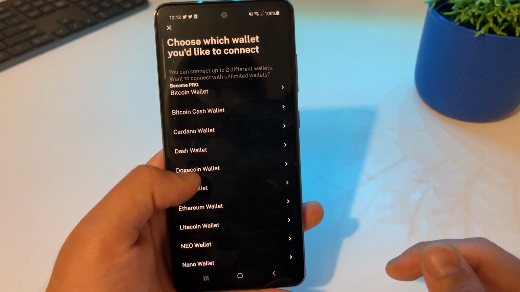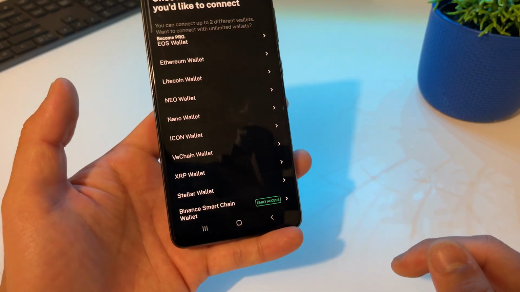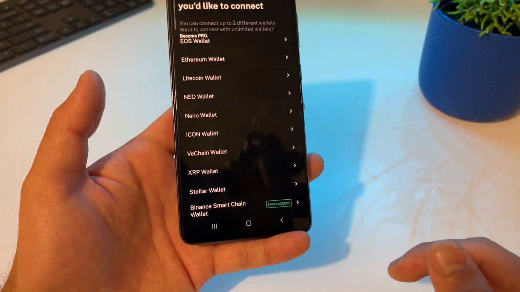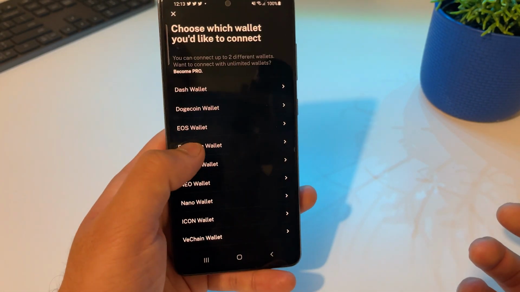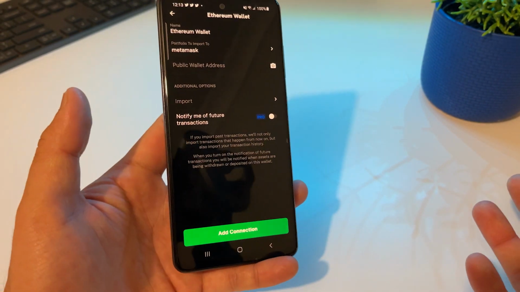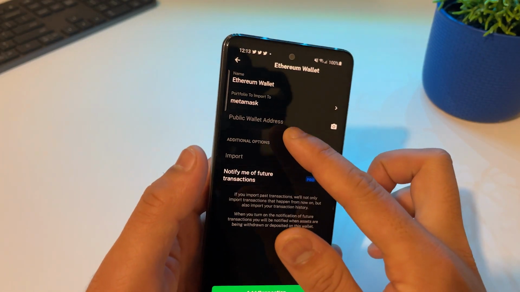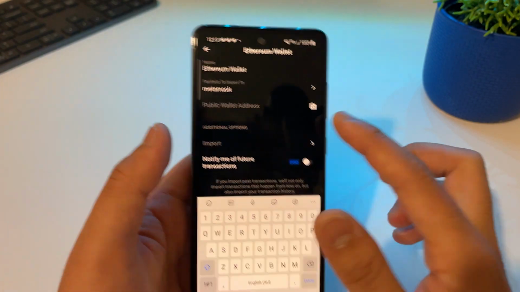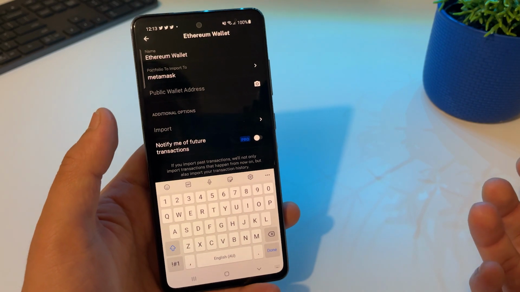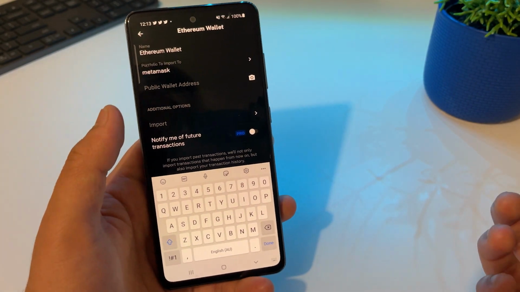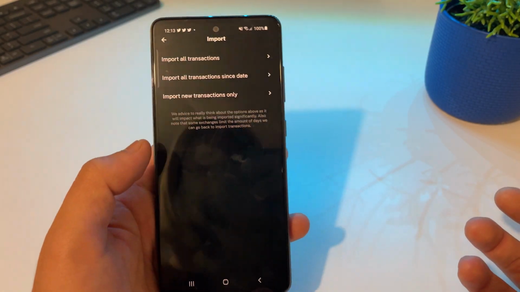There's Cardano wallet, there's Dash wallet, Dogecoin wallet, EOS wallet, Litecoin wallet, XRP wallet, even a VeChain wallet. Okay, so MetaMask is your Ethereum wallet. So what you're going to do is tap on Ethereum wallet. Now if you have any other wallets, you can select any other wallets. The public wallet address is the address you have on your MetaMask. You can just go to advanced settings and see the address, or you can just copy the address directly from MetaMask as well. You paste it here, you tap on import and select what kind of transaction you want to import, and then you will import everything.